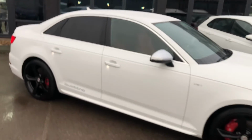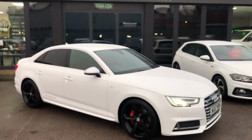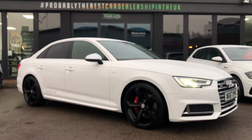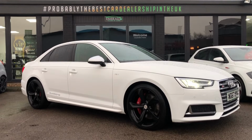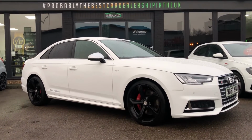Audi S4. Well, aside from the fact that it's been really well looked after by its previous owner, it's also been really well looked after by us, and that's because it's been treated to the patented world famous Emerald 128 point check. That just means that prior to this video being made or the car being photographed, it's been given a thorough, meticulous once over by our team of body shop and mechanical experts in our in-house